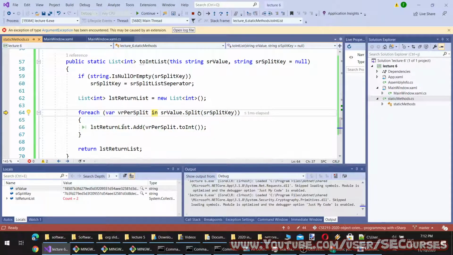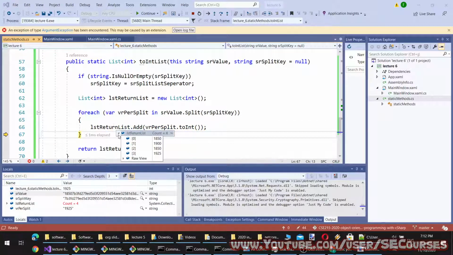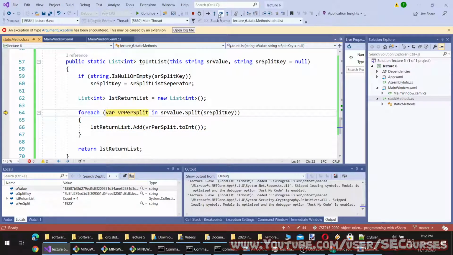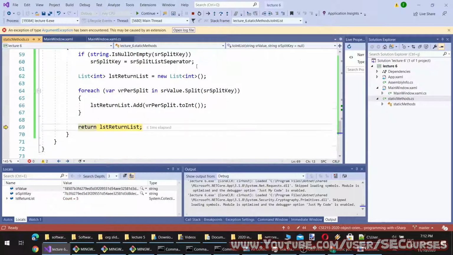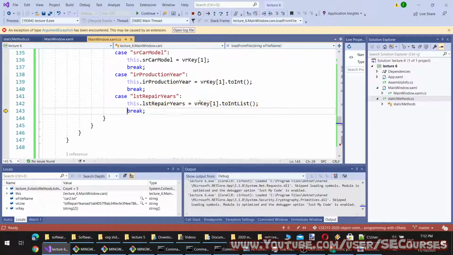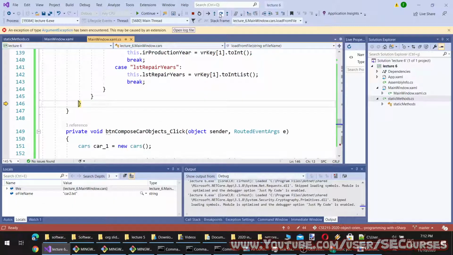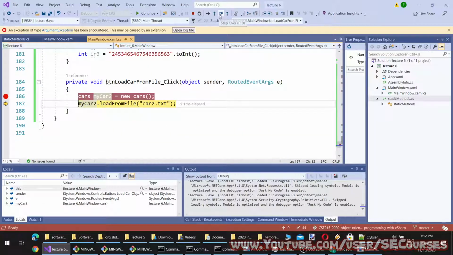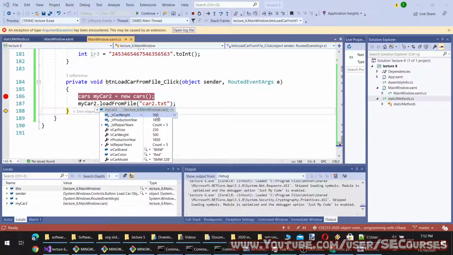Okay, like this, and like this, and like this, and it is over. Then the list will be returned, and our list is initialized, and the reading is finished.